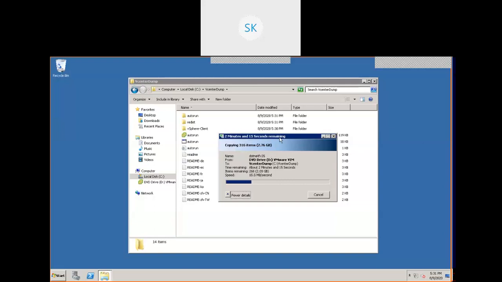What options are going to come into picture during installation? We are going to see that. So what we are going to do, we are going to install the centralized management console. There are two types of centralized management console installations. One is Windows based installation, the other one is appliance based.